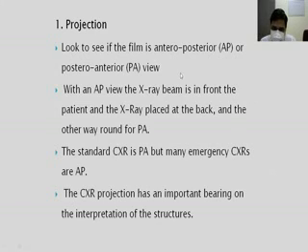So these things must be seen. A normal X-ray should have all these things in place. I'll be dealing with them one by one. First is projection. Projection means how the X-ray is taken, whether it is a PA view or AP view. PA view is posterior anterior view, and AP view is anterior posterior view. Why is it called so? Because of the way X-rays go through the patient. I'll show you an image.